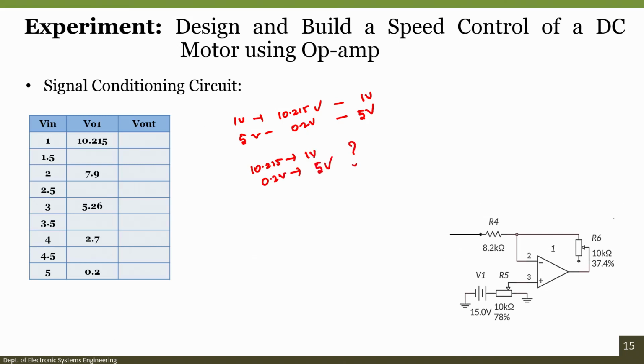How do we do that? And everything should be linear, which means that when the input is linearly varying, the output should also linearly vary. That means when the input is 7.9 I should get an output of 2. Then the input voltage that we give at the set point is equal to the output voltage from the signal conditioning circuit. Both have the same mapping factor, but how do we do that? So, for that we have to further design a signal conditioning circuit.